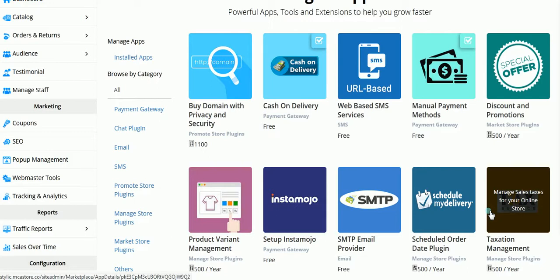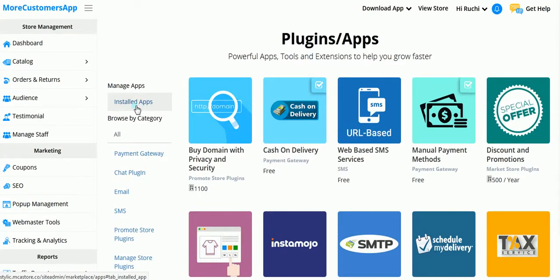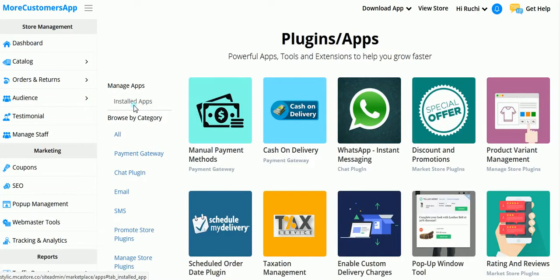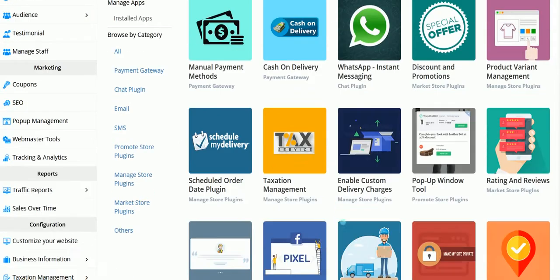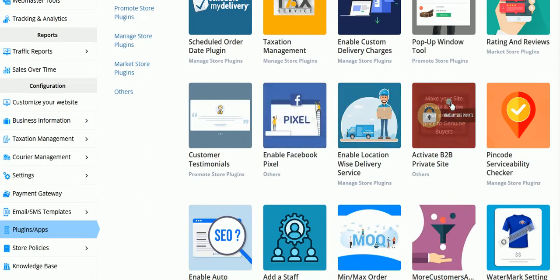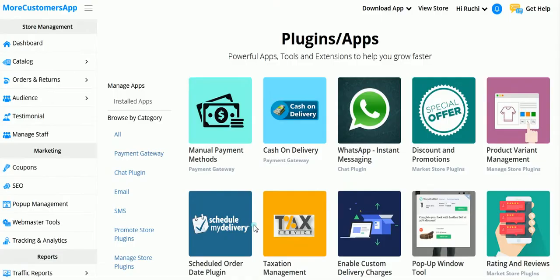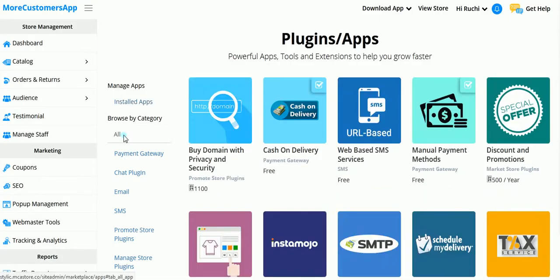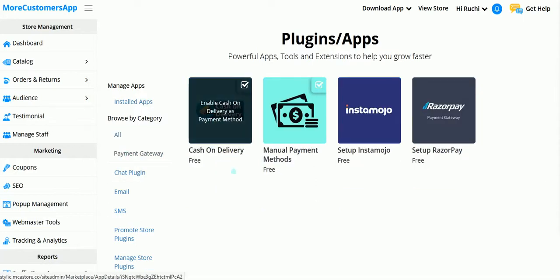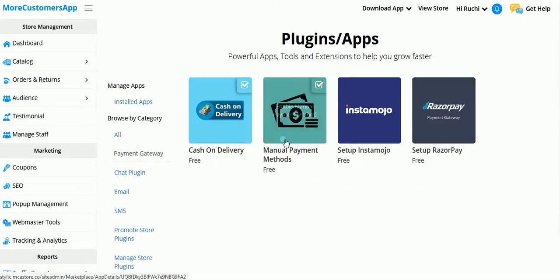If you want to connect them onto your store, you can directly buy it from here. Let's say if we have already installed, or if we already have certain features according to our package, once you click on installed apps, you can see all the features which are available on your package or on your site right now. Okay, here you can see these are all available at my site. And if you go for payment gateway, here you can see the tick mark.